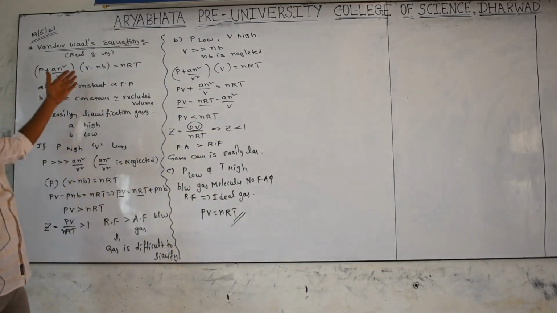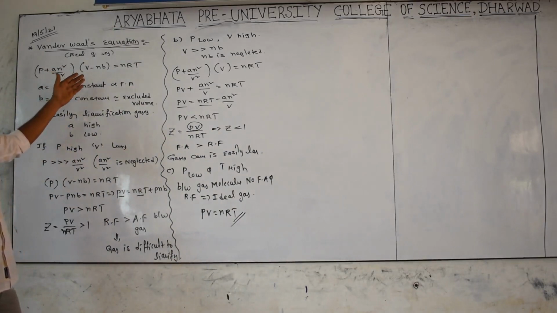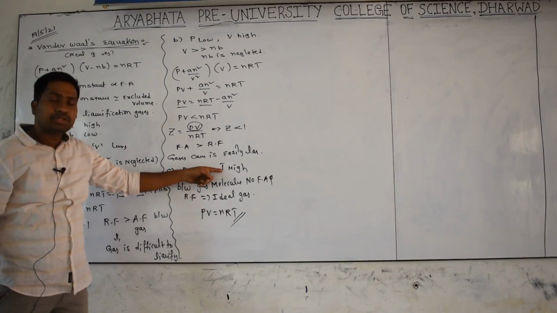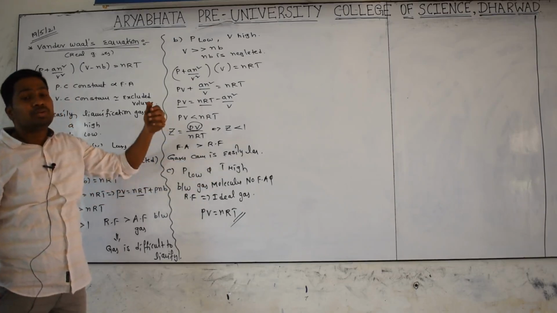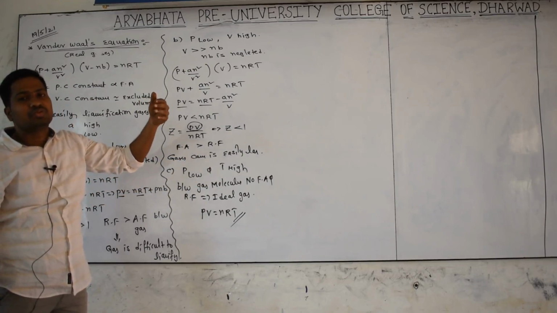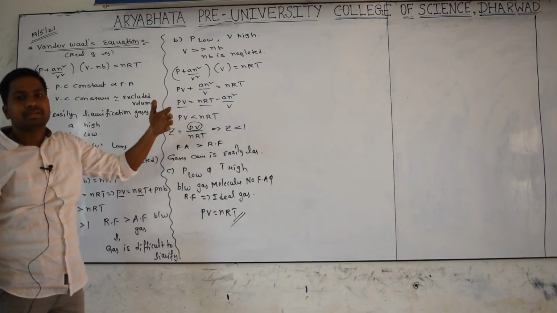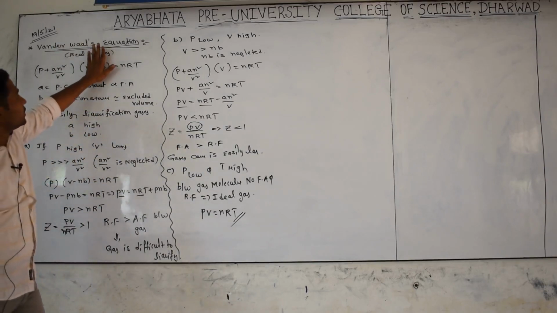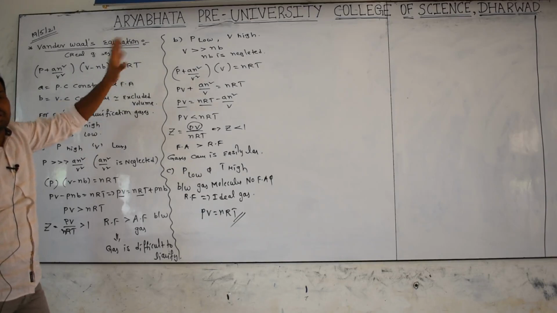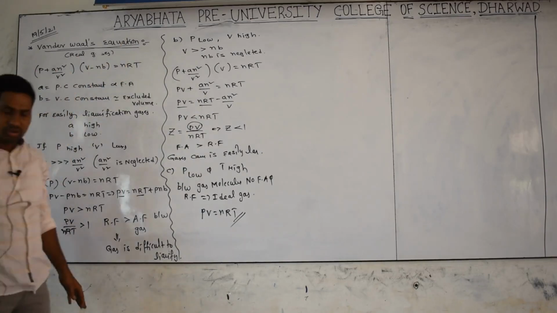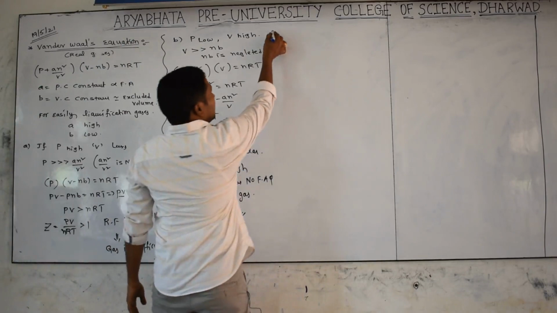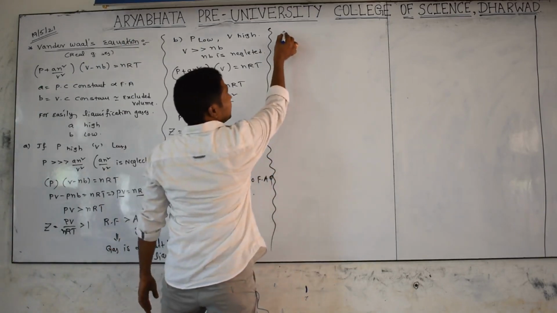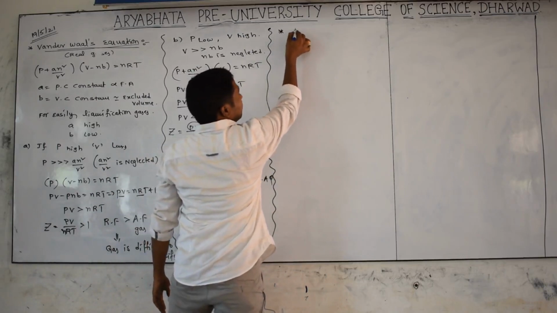If you take this van der Waals equation, for a particular gas, when you maintain a low pressure and high temperature, the molecules move away from one another, and there is no force of attraction between them. Then we can consider that gas as an ideal gas. The pressure correction and volume correction will be neglected or become zero. Then we are getting PV = nRT. All of you understanding or no? Yes. Now we are going to a further concept related to this one. You see carefully, it is nothing but isotherms of gases.